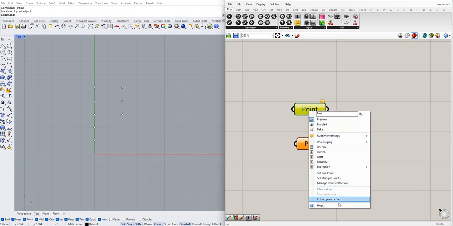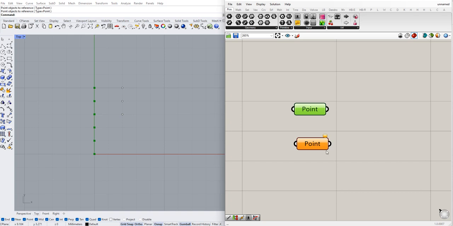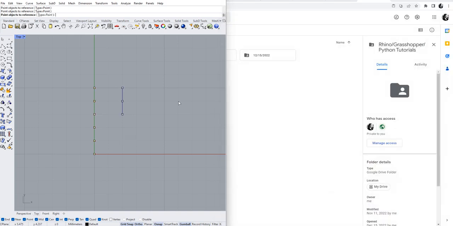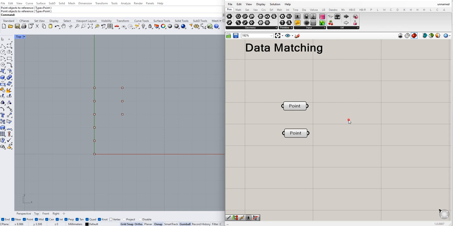Right click, set multiple points here and enter, and right click, set multiple points and then enter. And then with the line, I will